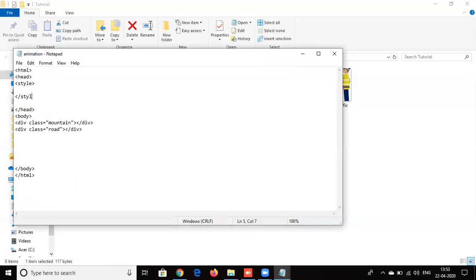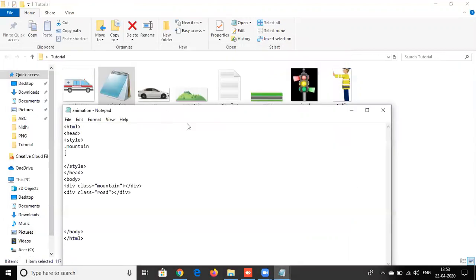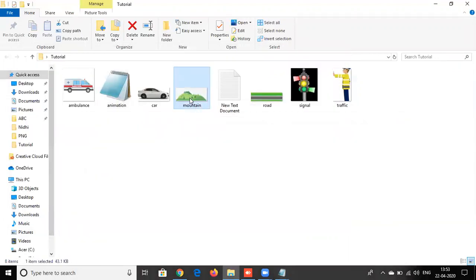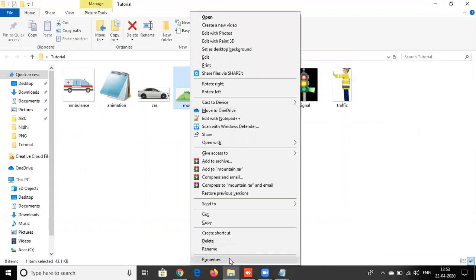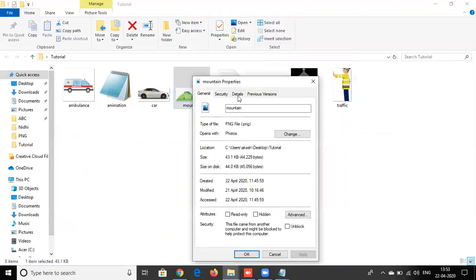What style is the mountain? What color is the mountain? What size is the mountain? I have to put it in style. So first I have to call a tag called dot mountain, correct? Now I want to set the mountain into this image. Image file is mountain.png.